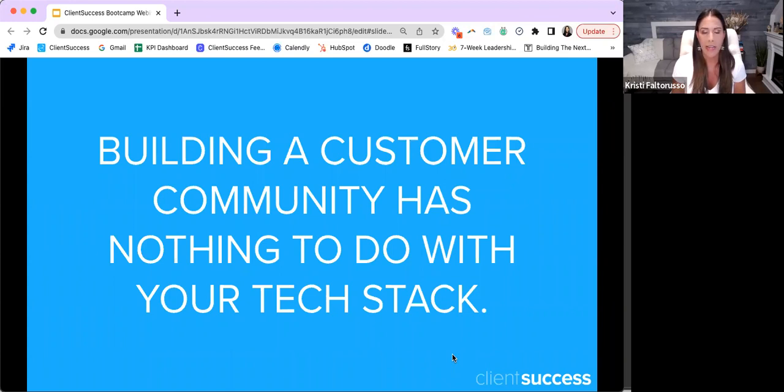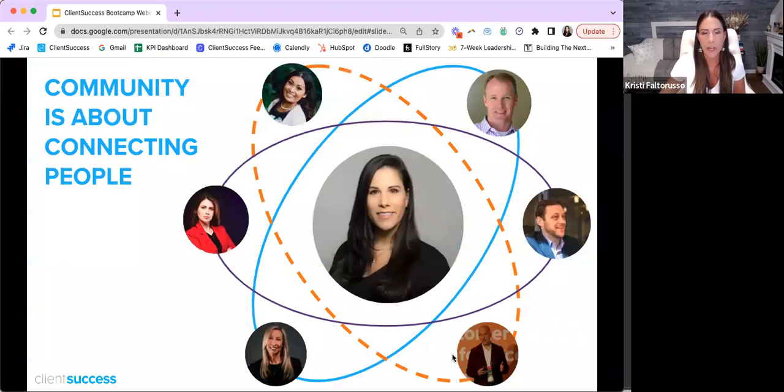It's amazing how when we talk about community, it almost automatically dovetails to this conversation around technology. And I want to just be very clear. Building and facilitating customer community has nothing to do with technology. It's all about the connections, right? And so that leads me to my next point here. Excuse the visual. I picked a couple of my dear friends from LinkedIn to visualize this, but community is all about connecting people. You don't need an extensive community platform to do that and be successful, right?